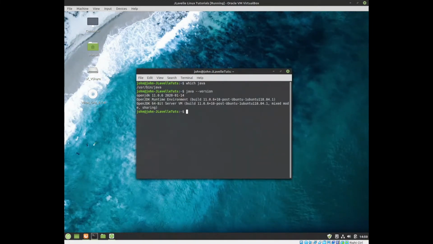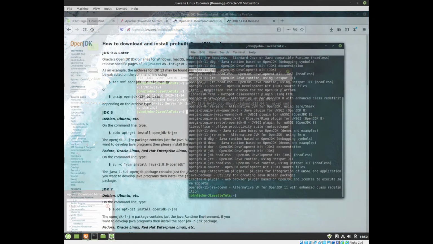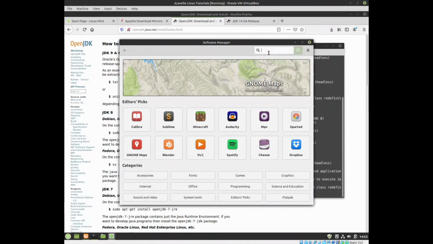And as you can see, we've got OpenJDK 11 with the runtime and the server. So that's fine. We need the OpenJDK, and it does need to be greater than version 8, so 9 and above. 11 is good, and it will accept up to version 14 if you want to download that from the OpenJDK site. Now, you can also install it from the software manager